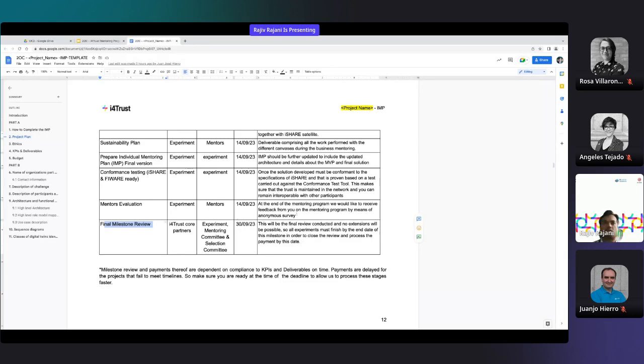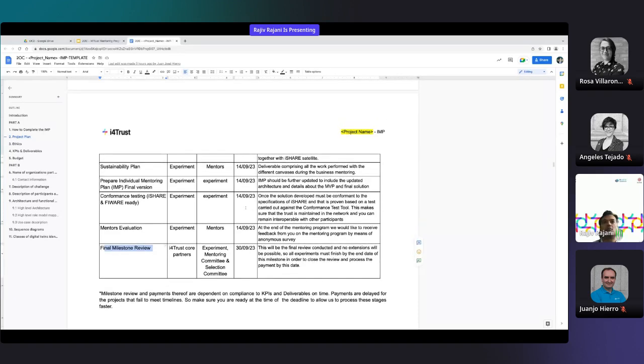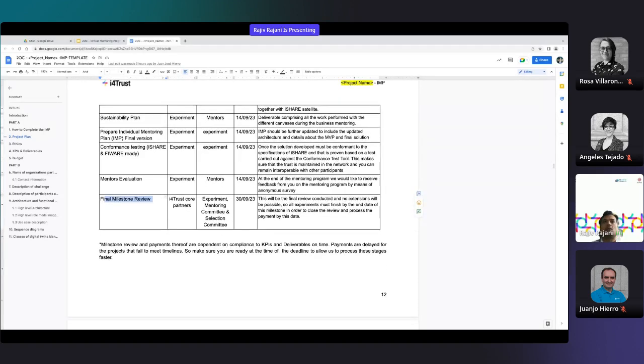Please make sure that you are finished with your experiment and this mentoring program before the set deadlines in all the milestones. With this review, we will do the final review. Again, the process is similar: the mentoring committee does the review, forwards it to the selection committee, which approves it, followed by the payment.